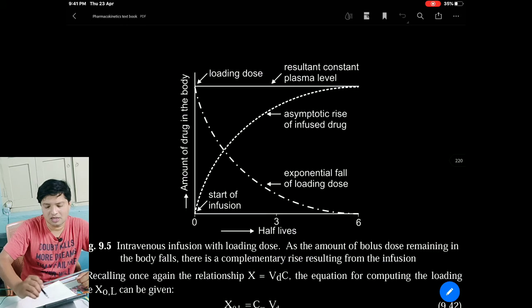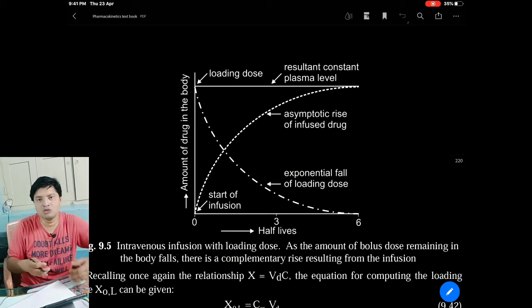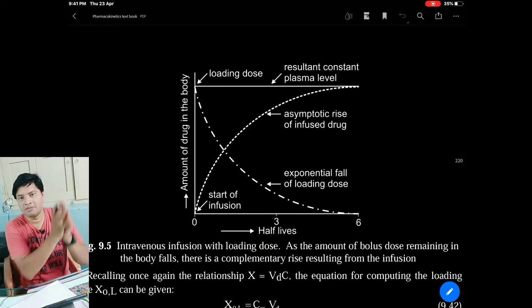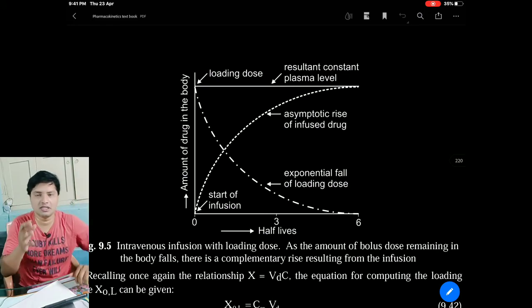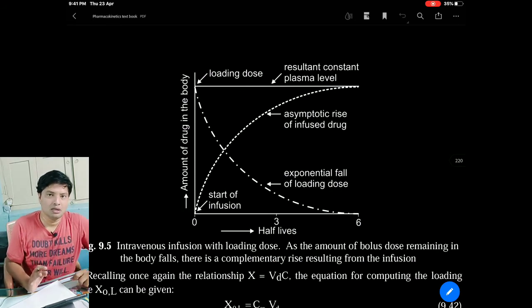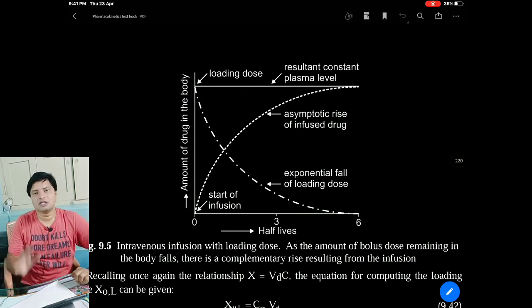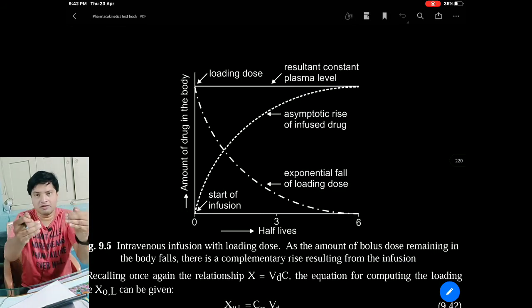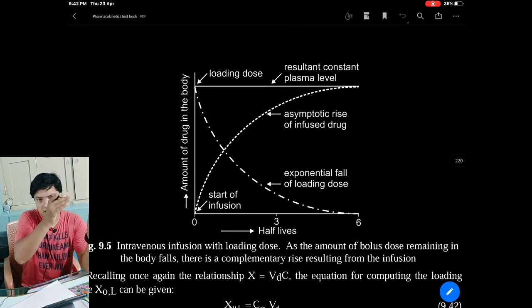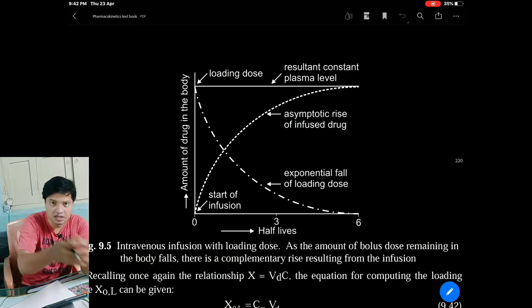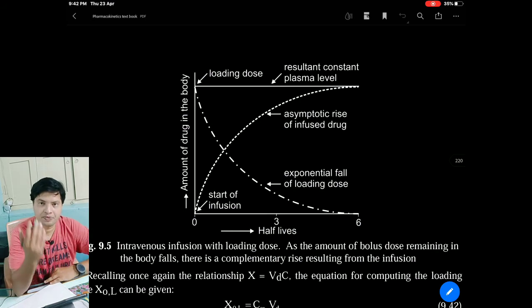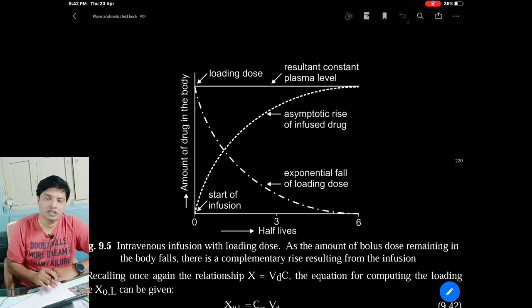So infusion also starts here, because infusion assumes that initially the drug concentration in the blood will be 0. That's what we saw in the first mathematical treatment. Okay, that's how we start. Initially the blood concentration in the infusion part, we assume to be 0. So when you give one shot, 100% drug will be there. When that 100% drug starts falling, at the time you gave the shot, that time itself you give the infusion. When you give the IV bolus, that is the loading dose, that time only we start giving the infusion.